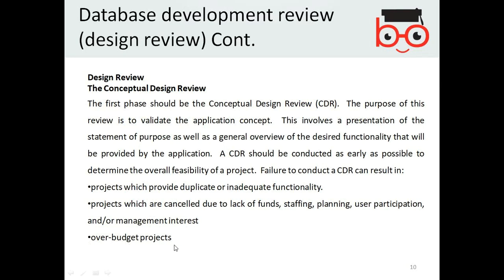So the overall feasibility of the design or project is determined in the conceptual design review. That's a kick start for anything to go ahead with.